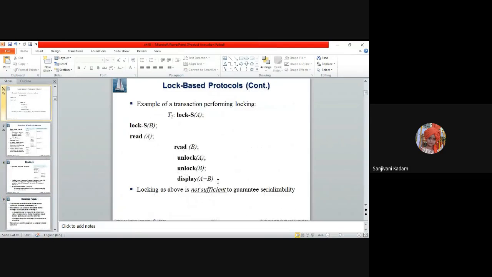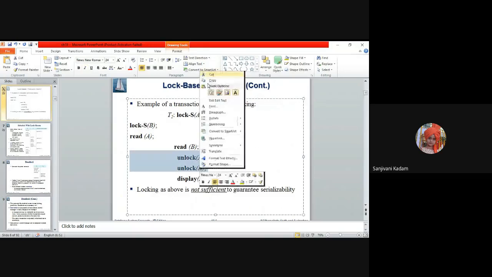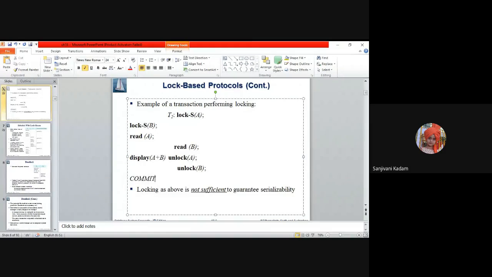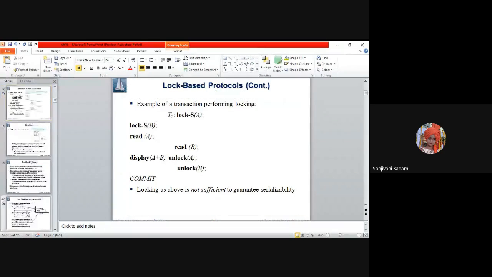Whenever there is a commit, after that my unlock request should be there. So this unlocking should happen at this point, before it, up to commit, and hence after this the last statement should be commit only. There should not be any executable statement or any operation after the unlock. As this is a shared lock, a shared lock can be released before commit. Right now both are shared locks, but whatever exclusive locks are there, they should be held up to the commit statement. This is strict two-phase locking.